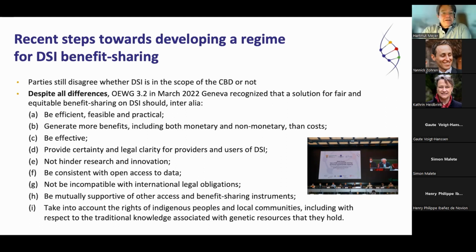They also recognized that a solution for fair and equitable benefiting on DSI should, inter alia, take into consideration these nine different points, and for example, a solution has to be efficient, feasible, and practical. Those points are also elements of the matrix. So it seems that in a way the negotiators already took into account some of these points of the matrix, asking parties that these criteria should be recognized in any future discussion. And if you go to the last slide,